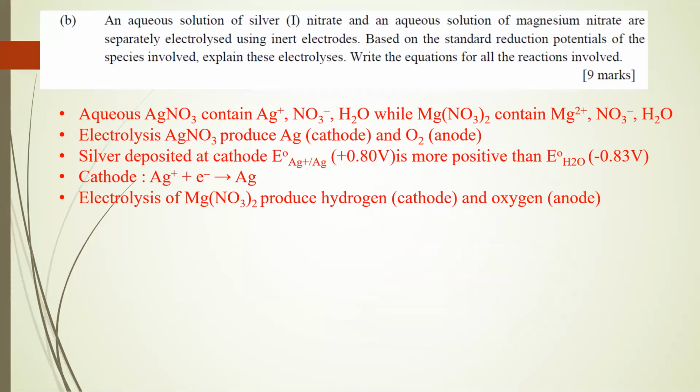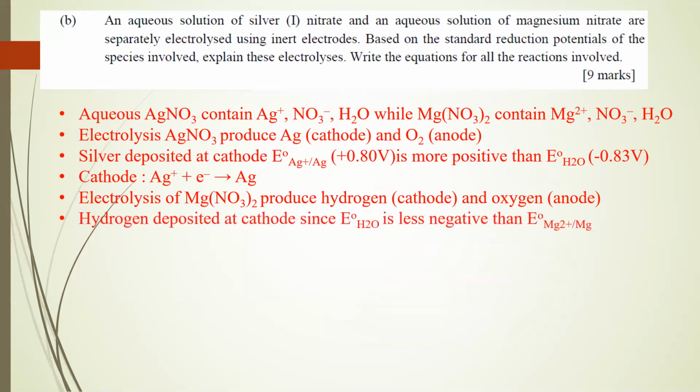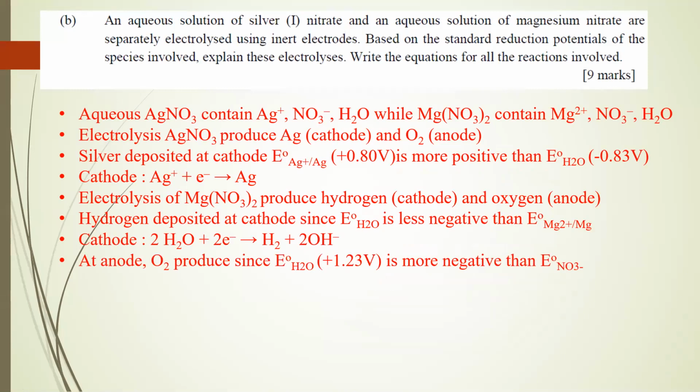The other one is the electrolysis of magnesium nitrate, which produces hydrogen at the cathode and oxygen at the anode. Hydrogen is deposited at the cathode since the E naught value of water is less negative than that of magnesium. So the half equation is 2H2O plus 2e minus gives H2 plus 2OH minus. At the anode, oxygen is produced since the E naught value of water is positive 1.23, which is more negative than the nitrate ion. So the half equation is 2H2O gives O2 plus 4H plus plus